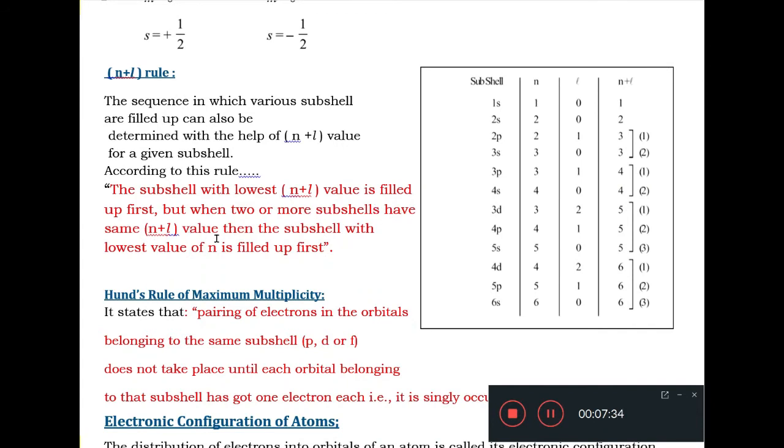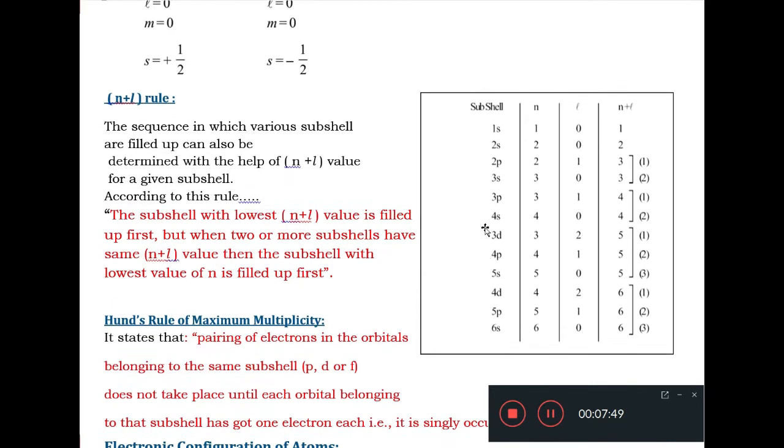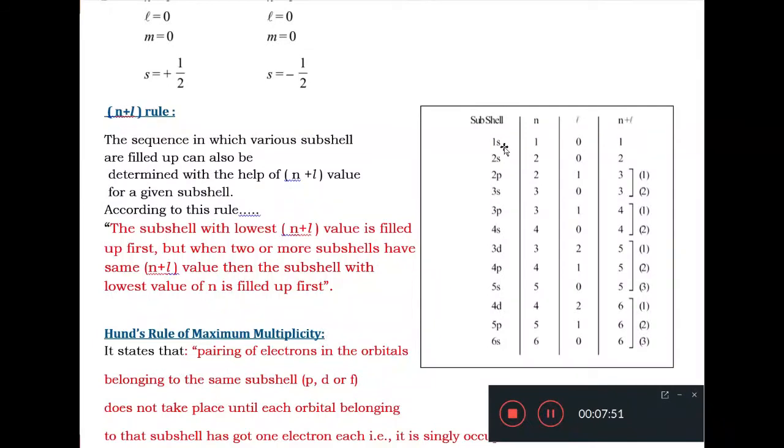But when 2 or more subshells have the same value of n plus l, then the subshell with the lowest value of n is filled up first. Please memorize this principle. This is a very important principle. For example, as we know already that electron first enters the 1s subshell, then goes to 2s,